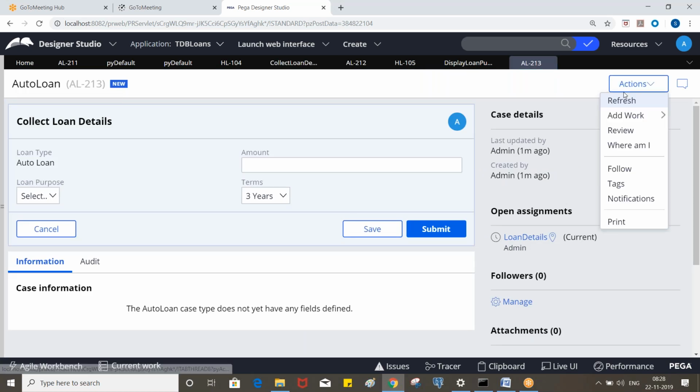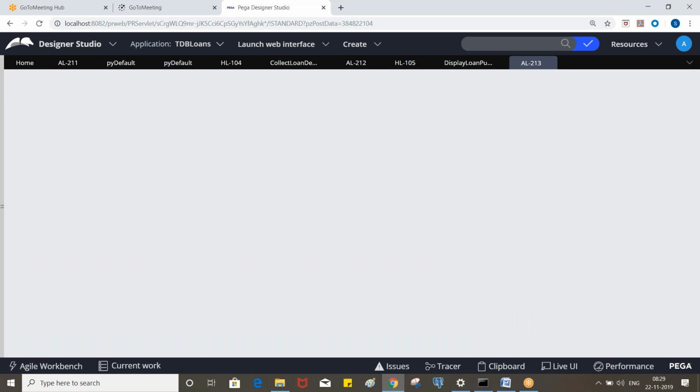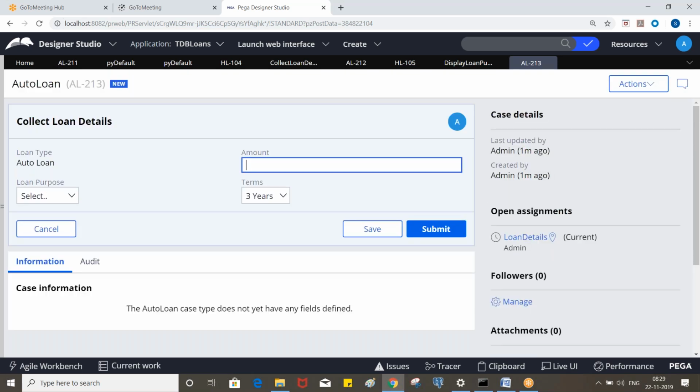Vice versa, right? If we want to use the same property both for display purposes as well as to store in the backend, you can use that. Okay, you can put the same property.